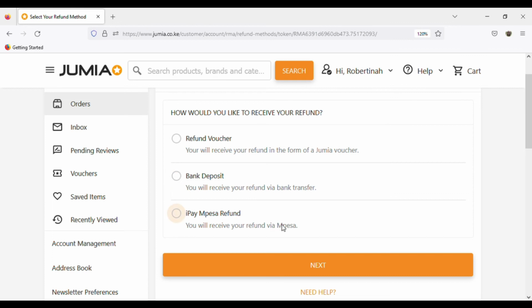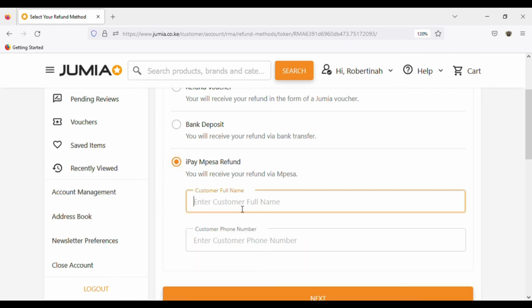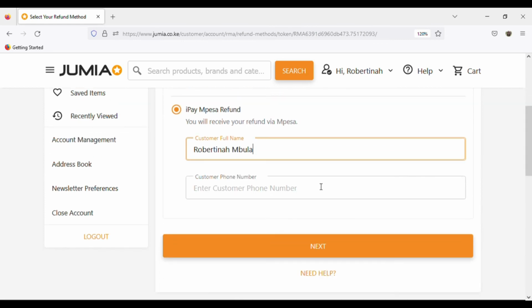And then the third one is the iPay M-Pesa refund, which is my favorite, and I always choose this one for my clients and for myself whenever I want to do a return. Yeah, so this iPay M-Pesa refund, we're going to select it. All right, and then add in our name. So in this case, I would usually put in the customer's name, but this time I'll just use my name for purposes of explanation, and also my phone number,